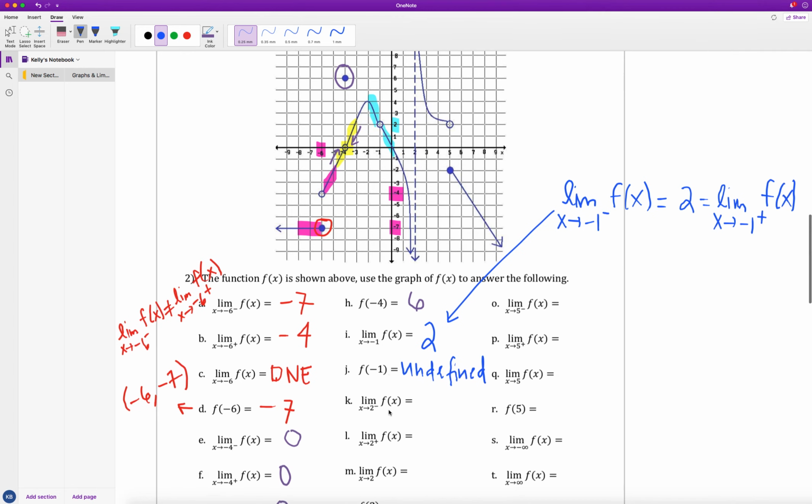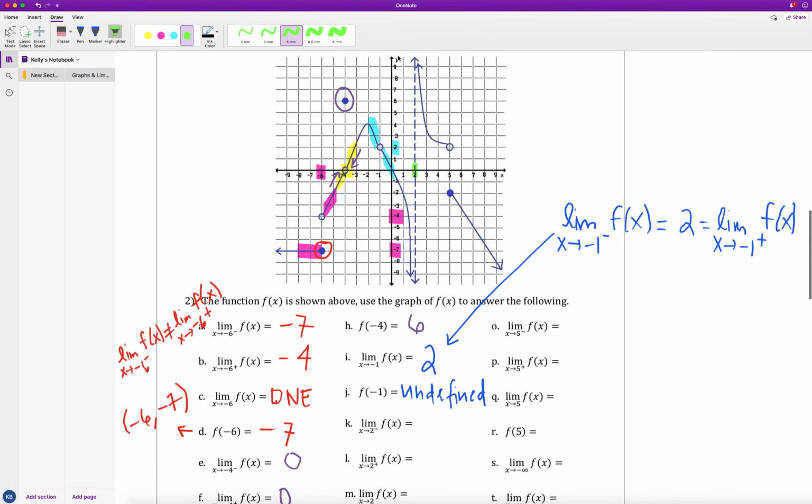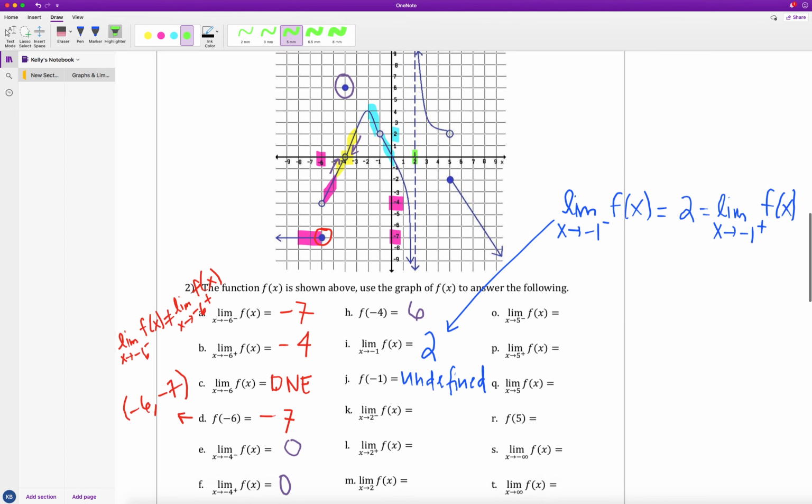Okay, let's start talking about K through M. So K is asking us what is the limit as x approaches 2 from the left. So you might notice that at x equals 2 here, we have a vertical asymptote. We can tell that by the dotted line that's formed on there. And what we're looking at is, although we're never going to be able to reach this vertical asymptote, since an asymptote I get infinitely close to but don't actually touch, just like a limit,